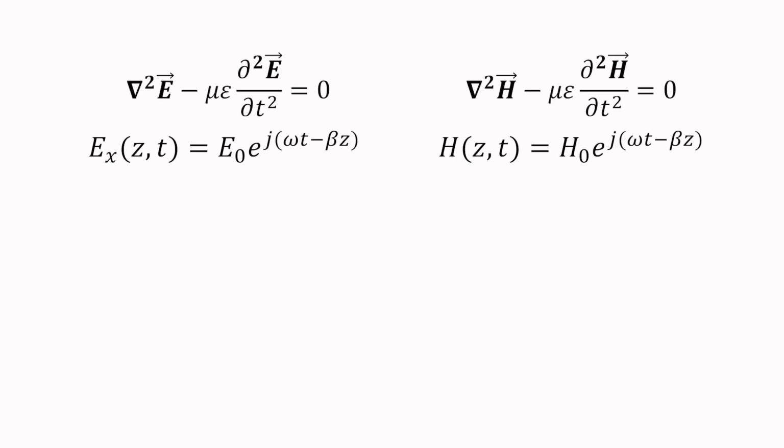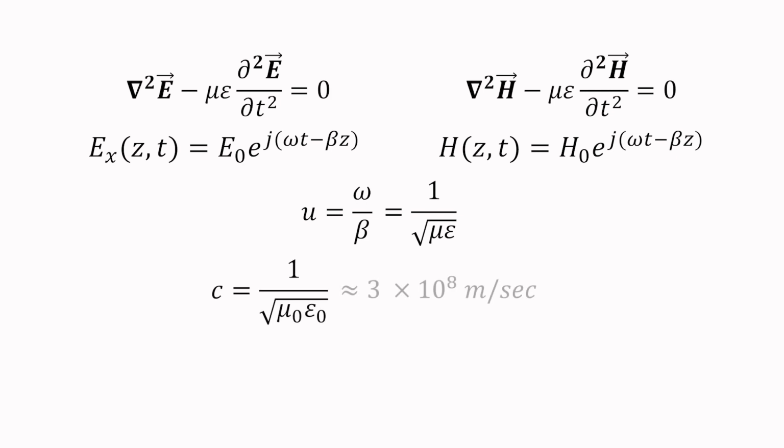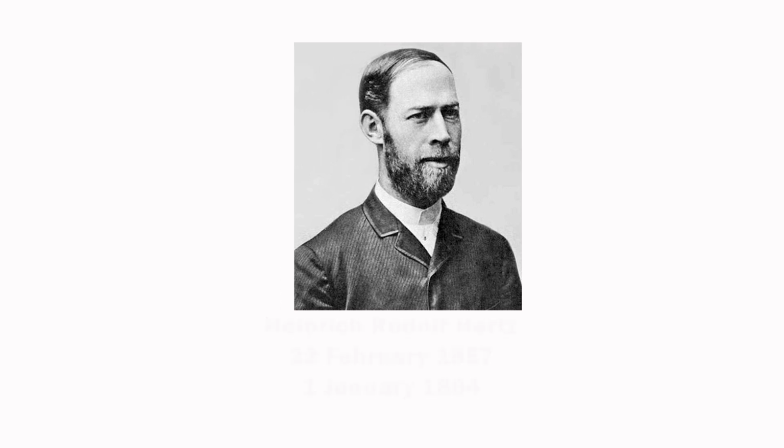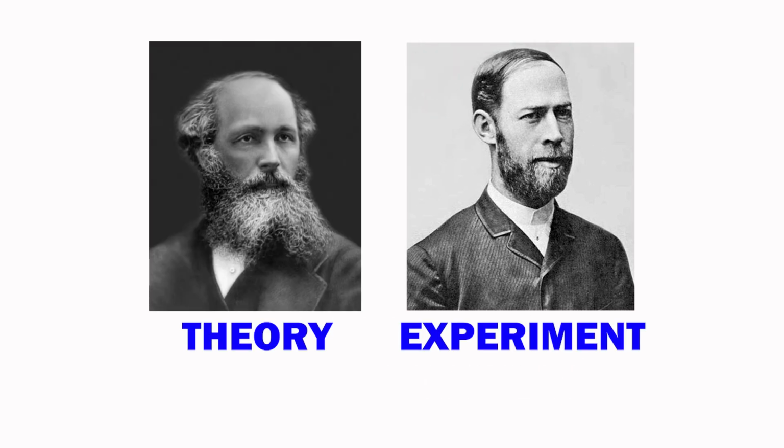By the way, this is that other example of math and theory leading the way that I mentioned earlier. Maxwell proposed the existence of electromagnetic waves because the math said they should exist. And because the speed of propagation in free space predicted by the wave equations coincided with the speed of light, Maxwell correctly concluded that light itself is an electromagnetic wave. Maxwell's predictions were later confirmed by Heinrich Hertz through his experiments with radio waves, and we say his name every time we talk about the frequency of those waves. Theory and experiment, always two sides of the same coin.